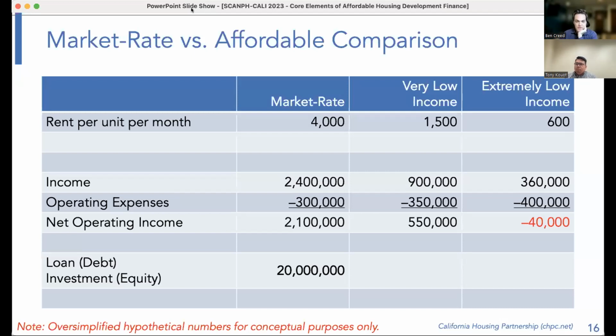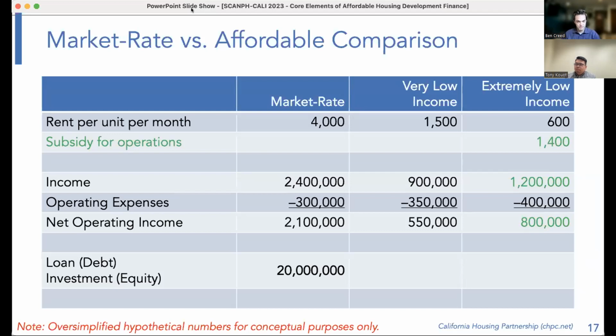So this is where the first intervention of public funds, or subsidy, comes in. Some affordable housing developments need subsidy during operations. We're going to talk in a little more detail about the two major types of subsidy during operations. But if we assume that this project could secure an extra $1,400 of subsidy per unit, per month, month over